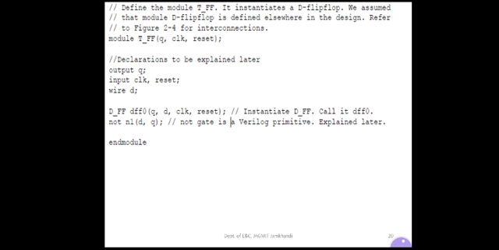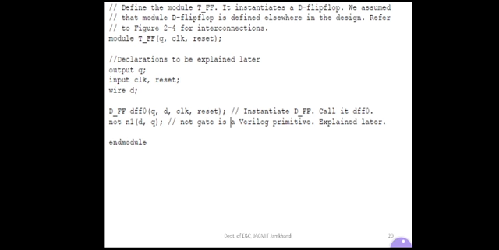That's why, for the previous module, when you start writing internals, first you end that module, then again start a new module for a different block. So we are writing this module for the one T flip-flop which requires a D flip-flop.